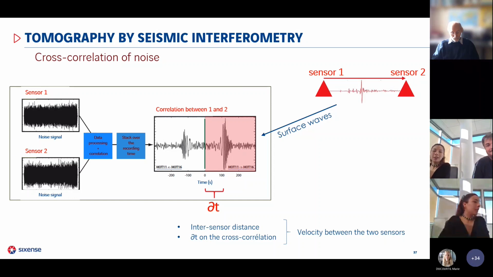Okay, so we could tell you briefly how we designed the geometry. First of all, we define the dimension of the geometry depending on the depth that we need to image. Just to have an order of magnitude, the dimension should be about 6 times the depth that we need to image. And then we define the distance between the sensors depending on the horizontal, lateral resolution that we would like to have.